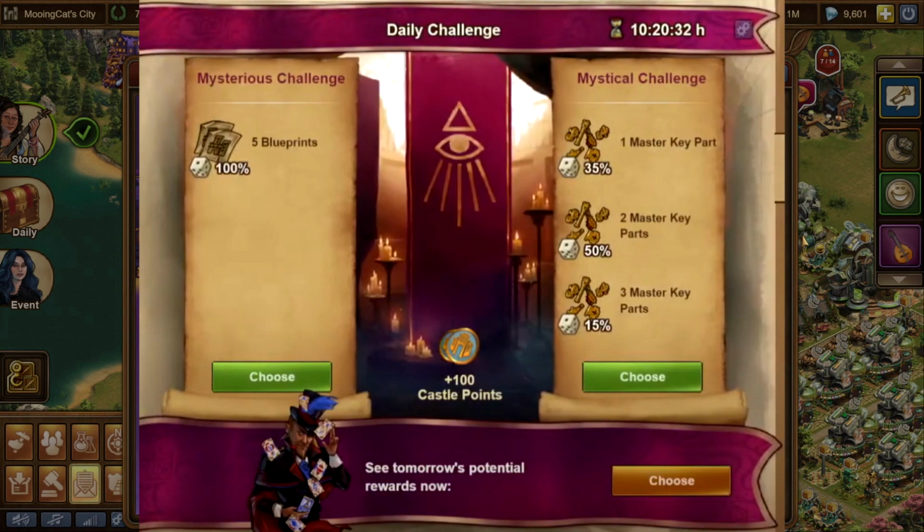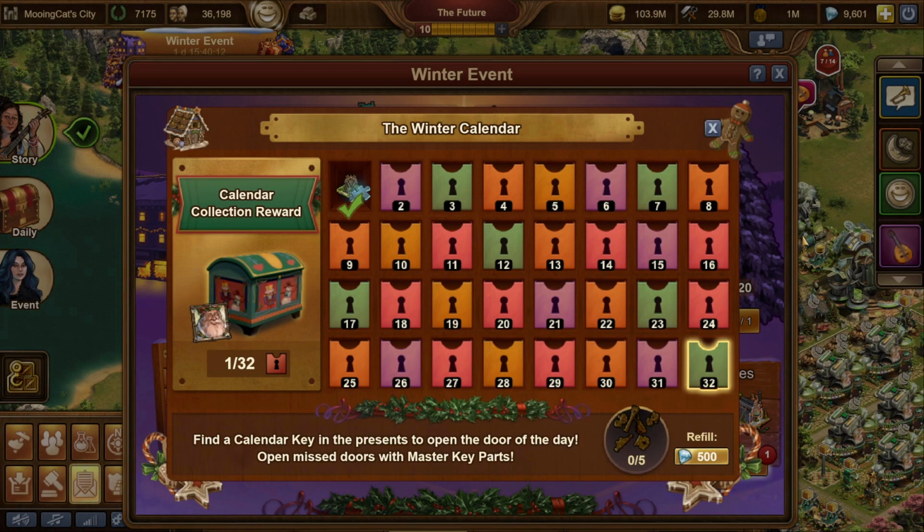Each day, one of the options will give you 1, 2 or 3 key pieces, which due to the weighting is an average of 1.8 key pieces per day, or a bit over 11 full keys if you do the daily challenge every day. Despite that though, as I'll go over in more